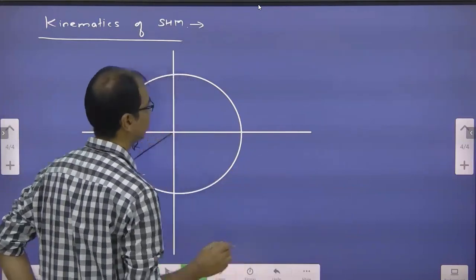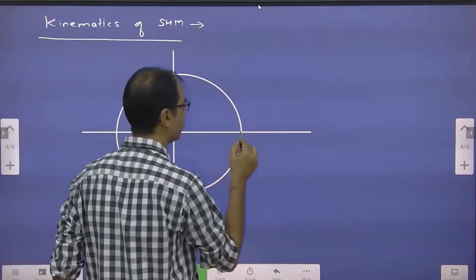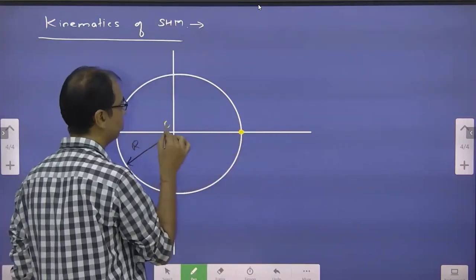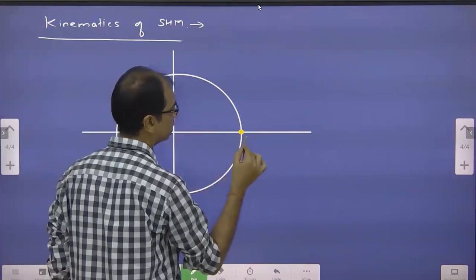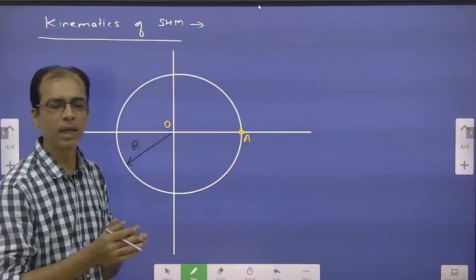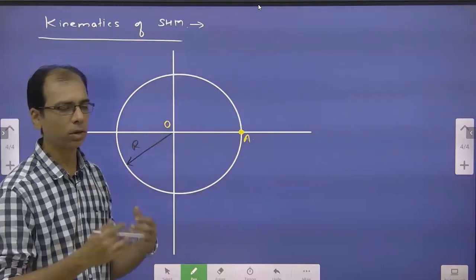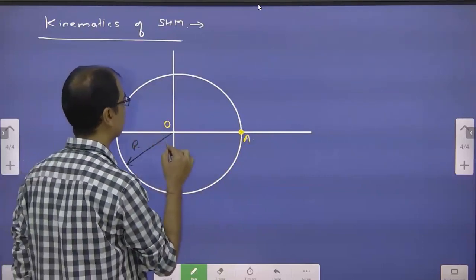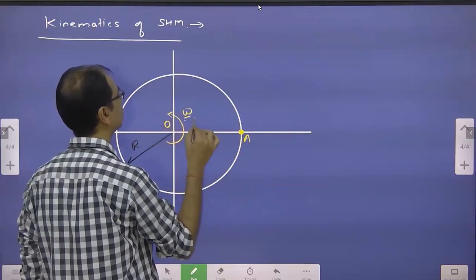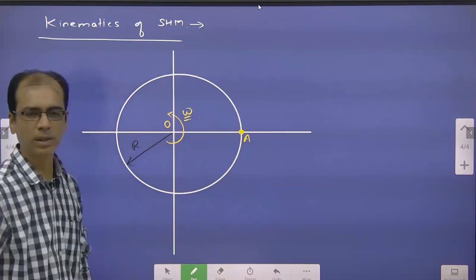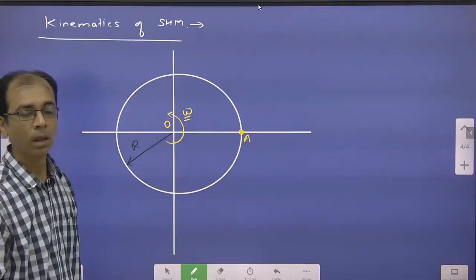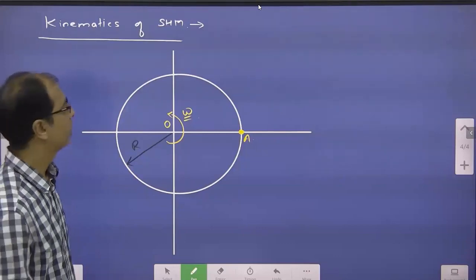From where shall we take it? Let's take it from here only. It starts from here. This point I am calling O, and this is our starting point, let's say A. The particle is at A and it's going to start its circular motion. It starts with an angular velocity of omega. After some time, after time t,